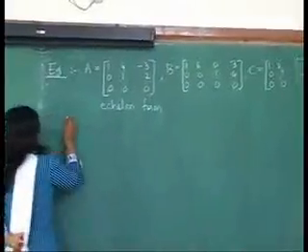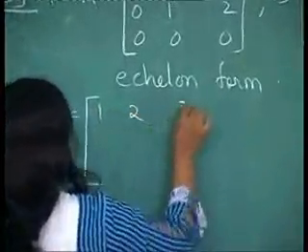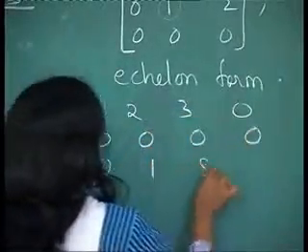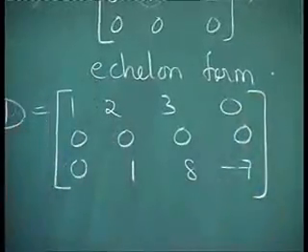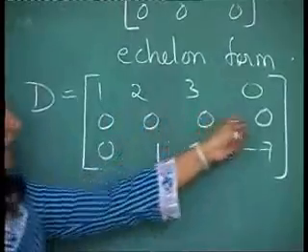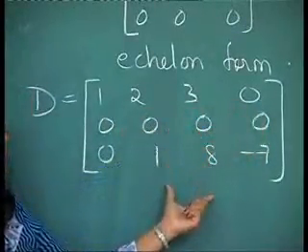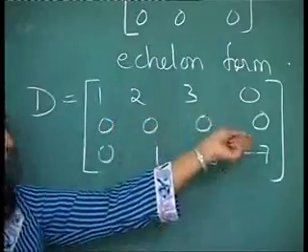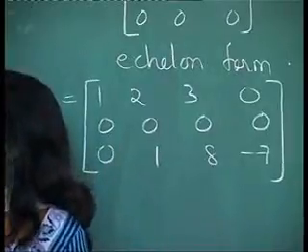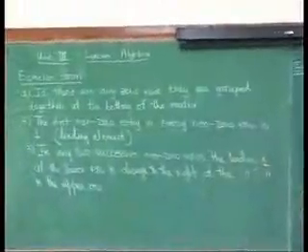However, look at the matrix D. This matrix is not in the echelon form because there is a zero row in the matrix, and it is not at the bottom of the matrix, it is somewhere in between. So for this matrix, the first condition is not satisfied, and that's why this is not in the echelon form. Next,